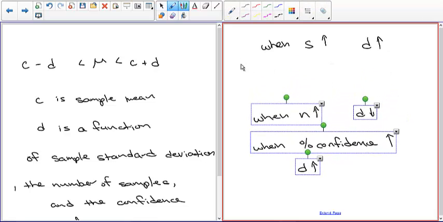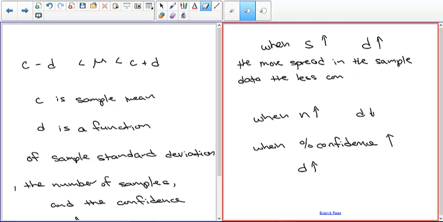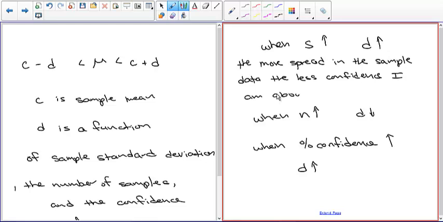It says the more spread in the sample data, the less confident I am about the population